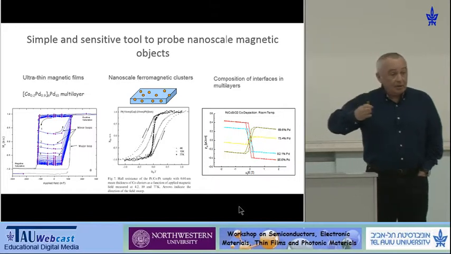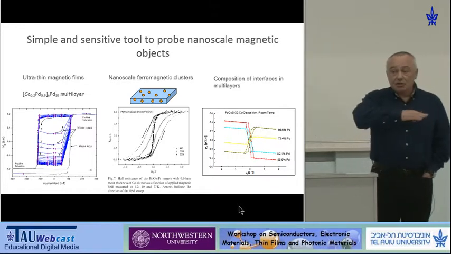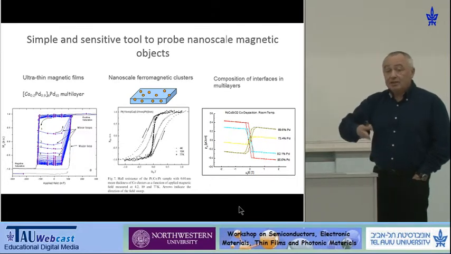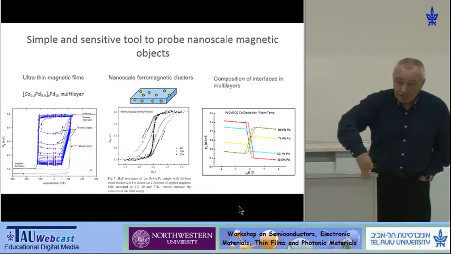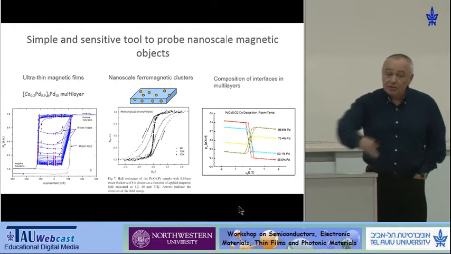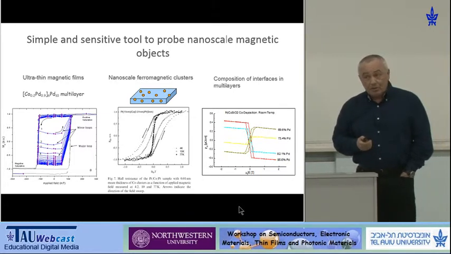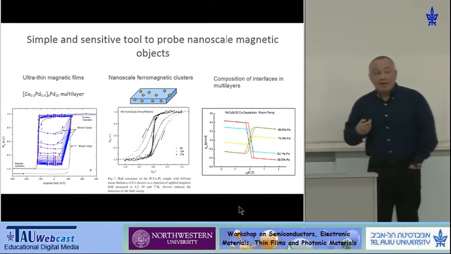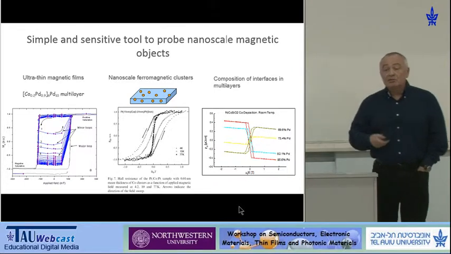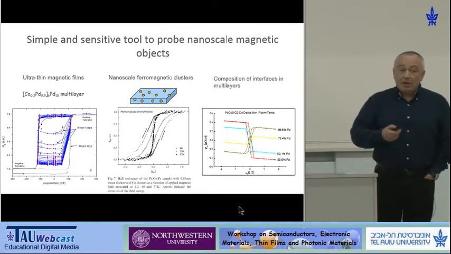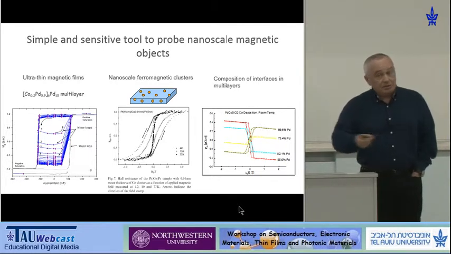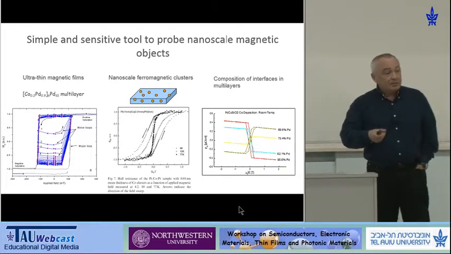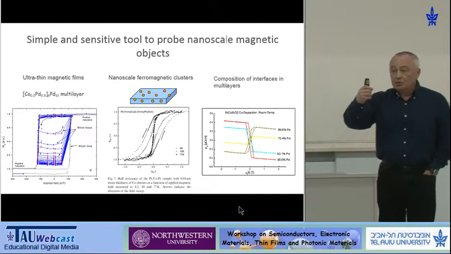One of them says, okay, we have a clean, sharp interface between cobalt and palladium, for instance, and a sharp interface means that cobalt atoms are just on the edge, and this transition, this break of symmetry, introduces perpendicular anisotropy. Another approach says, well, cobalt-palladium alloys have very high magnetostriction. And if you have a very thin film with very high magnetostriction and you put it on some non-magnetic layer, you generate a strain. And in order to reduce this strain, magnetization should step